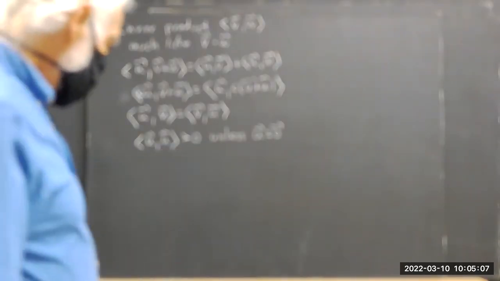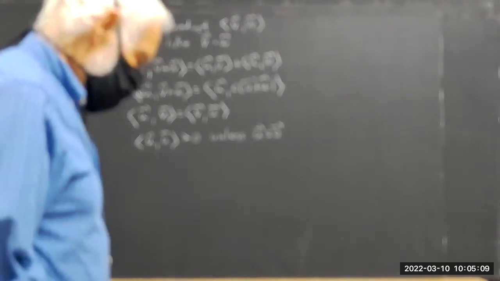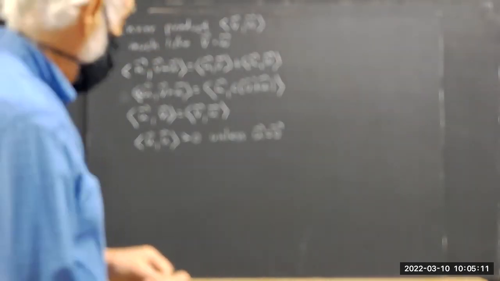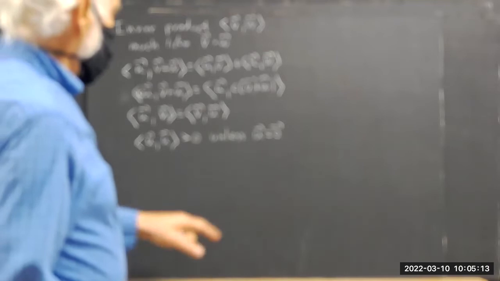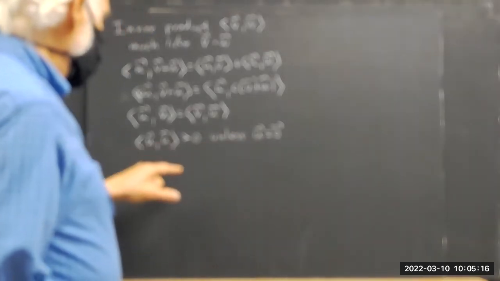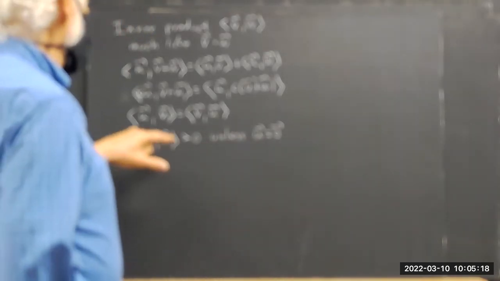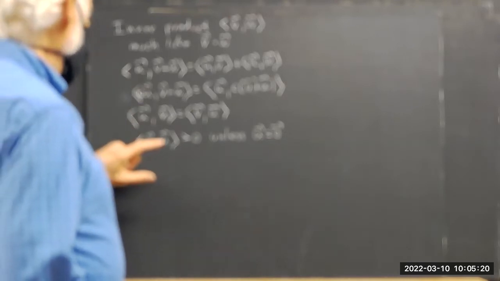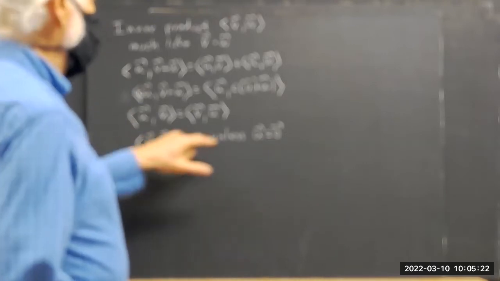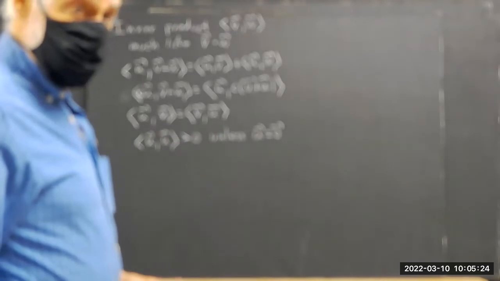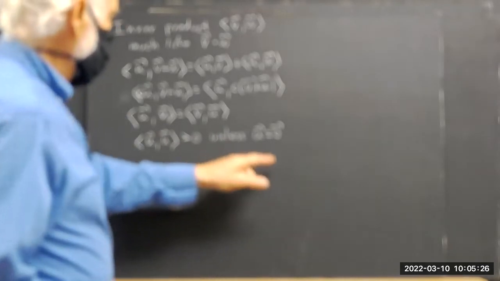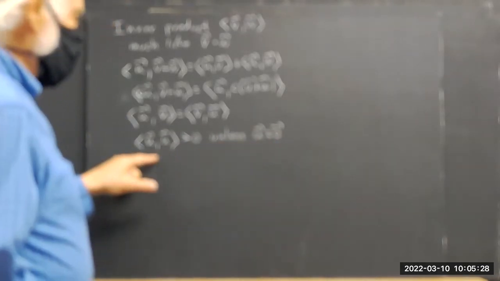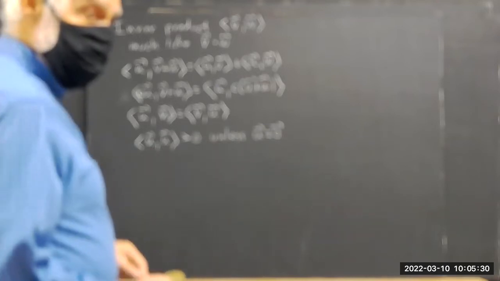Now I say unless, and that's not quite right. Because this says if u is equal to 0, then... sorry, it says if this is greater than 0, then u isn't the 0 vector. But it doesn't say that if u is a 0 vector, that this is equal to 0. So a better statement would be